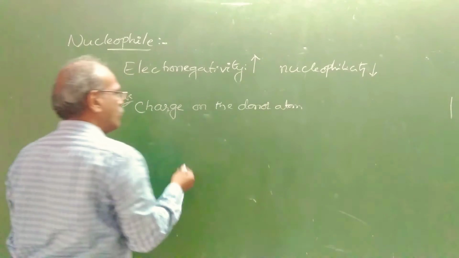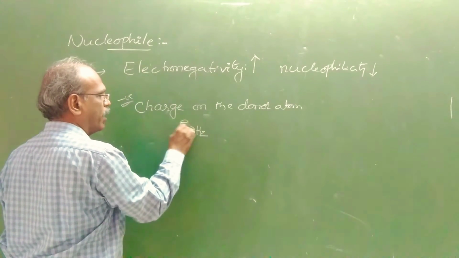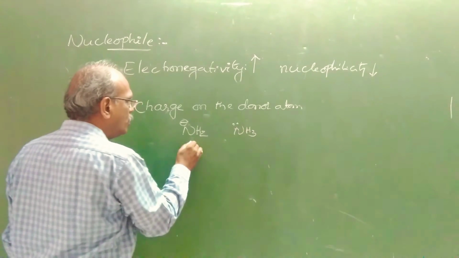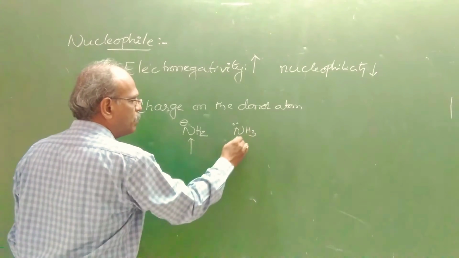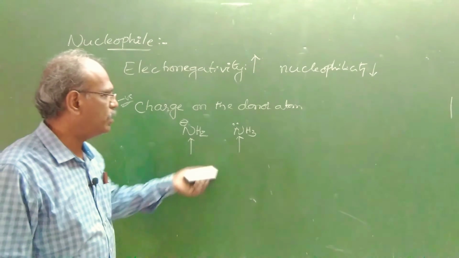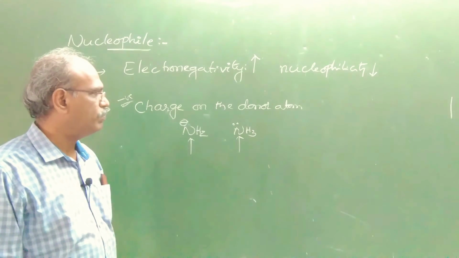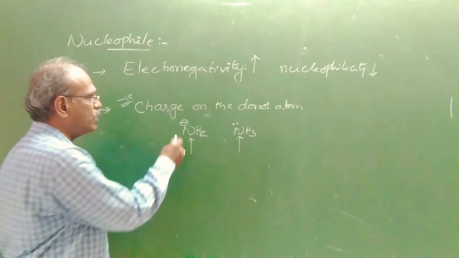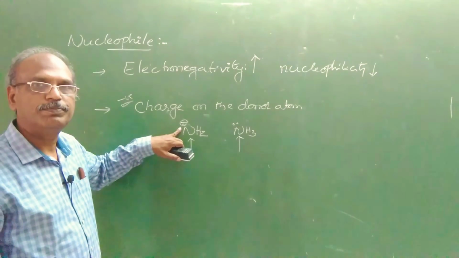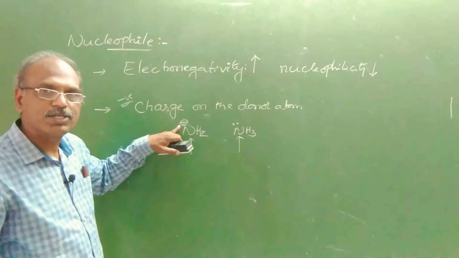See, for example, NH2 minus and NH3. Here, the donor atom is the nitrogen atom in both cases. Same. So you cannot look at the electronegativity. The donor atom is the same. So in such cases, it has a more loosely bound electron pair. This is the extra pair. Nuclear attraction on this is less.